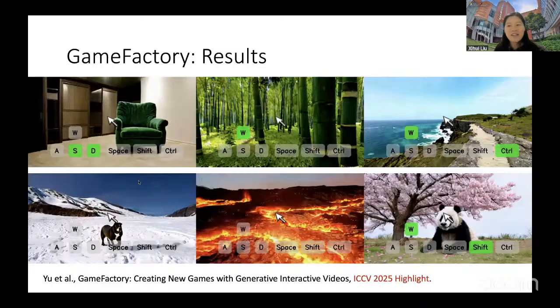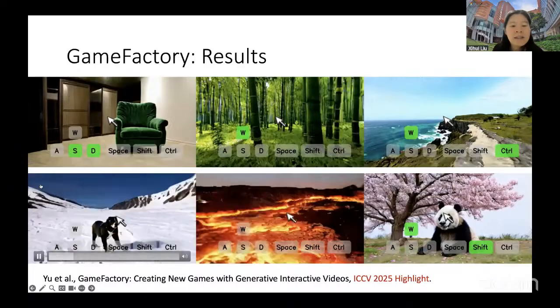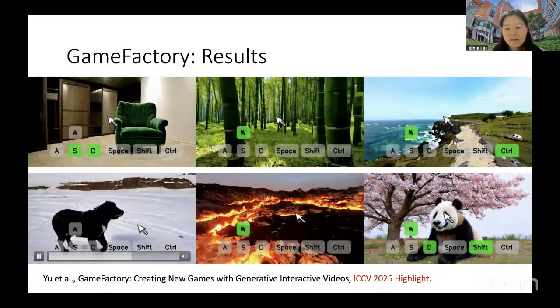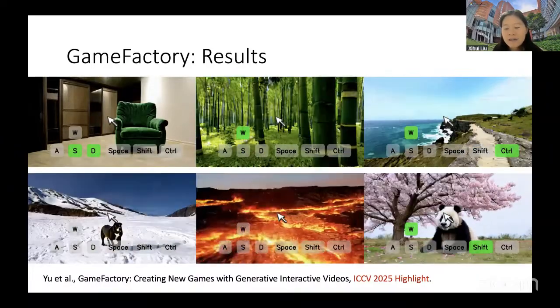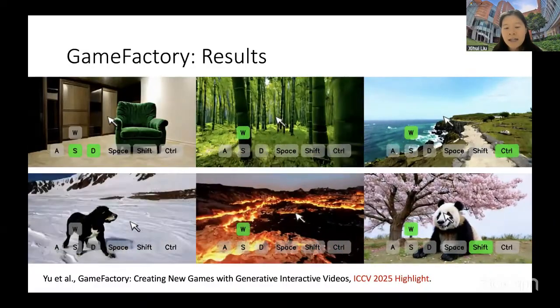Yeah, that's a good question. Actually, when we did this work, we thought of this type of action. In short, it is possible to incorporate more actions within the same architecture. But the major challenge is still the data itself. For example, in Minecraft we can collect some data on user interaction like